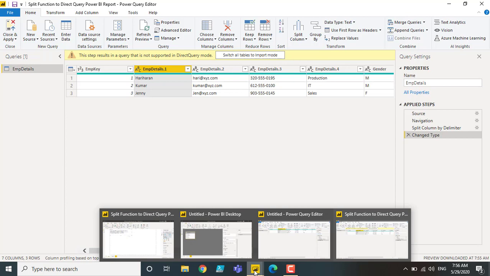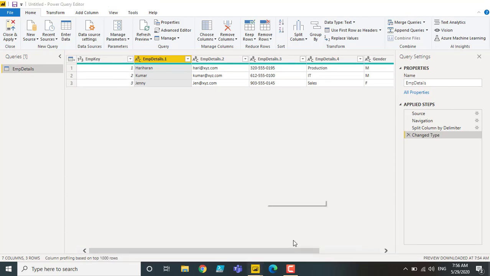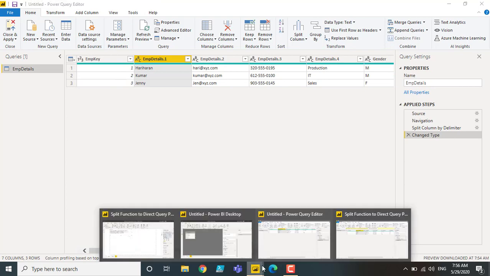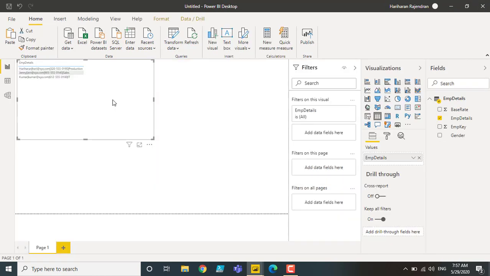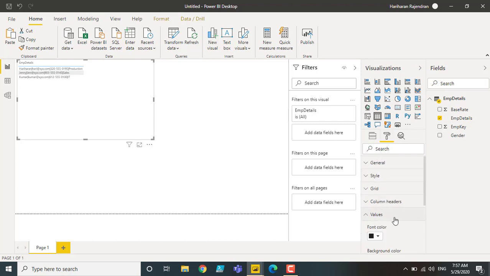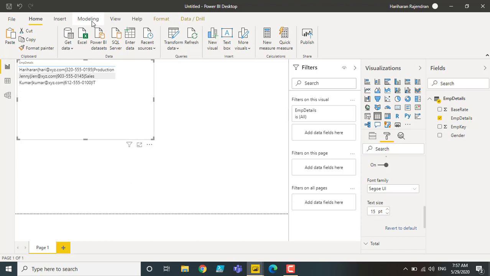Let me show you the DAX method in import mode first, then I will come back to the direct query. So this is the data that we have in the import mode, the same column. I need to create 4 different columns, as I have 4 different values in a single column.